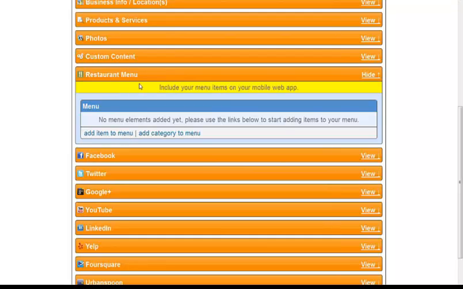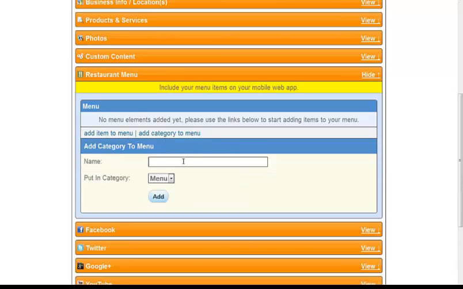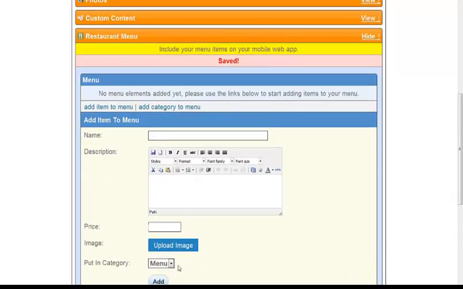If it's a restaurant, you can add an item to the menu, or you can add a category to the menu, steaks. I'm saying steaks because it's a menu. Now we're going to add an item to the menu. This works the same way as the other one does.